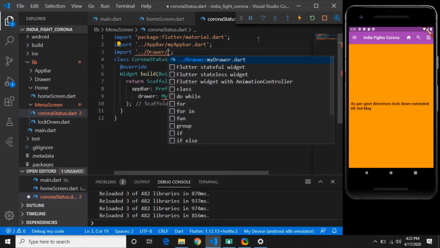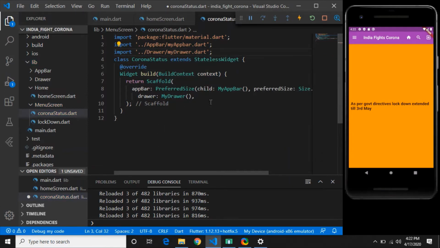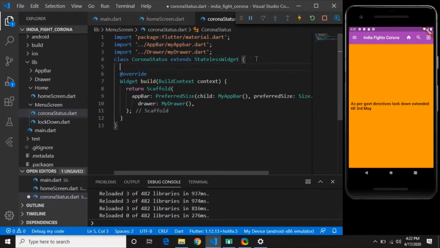The error has disappeared. Next we have to add the screen name: static const routeName, and your route name should be, let's say, corona status. So this is your route name.